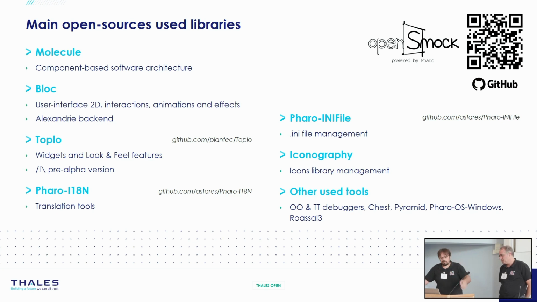We are using Faro, the translation tool. This is very good, and Unify too, especially for Windows files management. We wrote an iconography library management because open source libraries have a lot of, like, 1,000 icons. This is very difficult to get all icons, so we wrote some tools to get them easily and build our own library. And we have other tools, thanks to the debugger, object-oriented anti-traveling, the chest, the pyramid editor, West Windows,